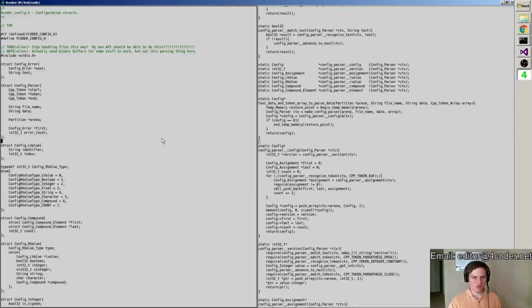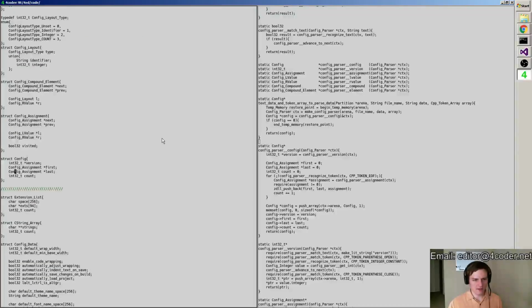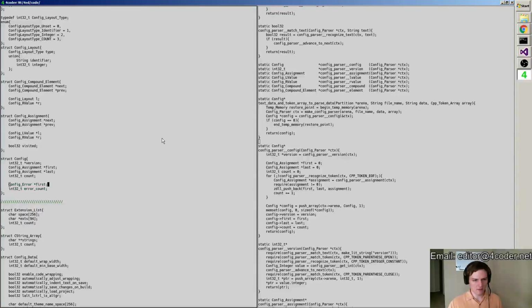Now one question is, should that actually come out with the config instead of going through the parser context thing here? Should it actually come in the output data? And I'm inclined to think that the answer to that is yes.